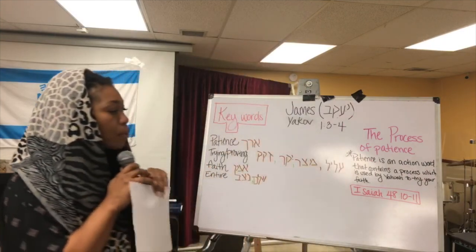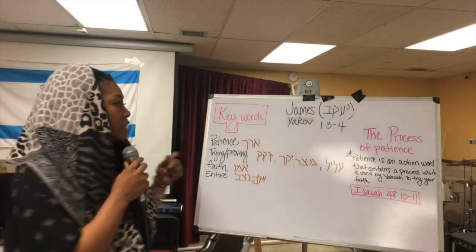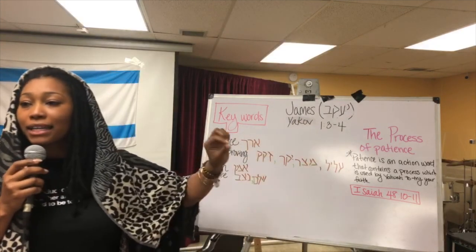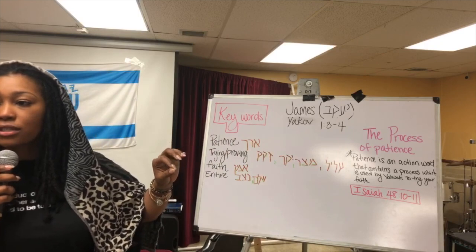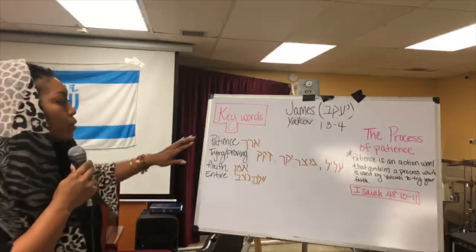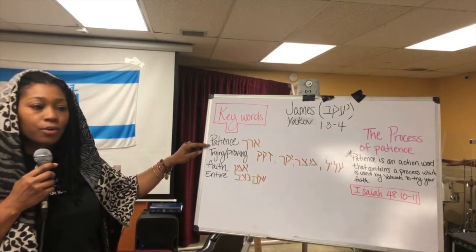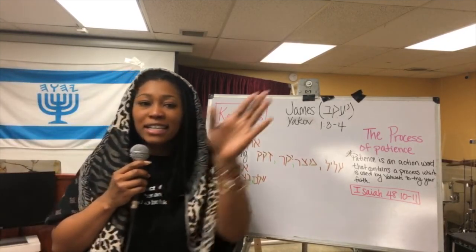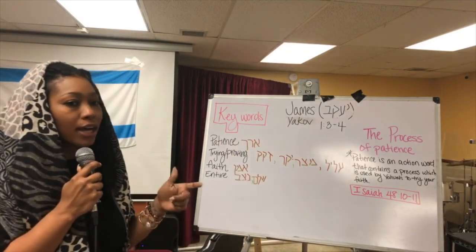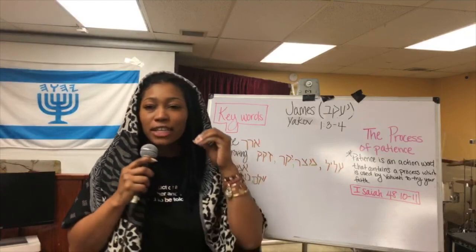Okay, so on the board, I kind of wrote out, sorry about that, some key words. And I wrote out these key words because this is something I think each person should kind of go through and look at. But I'm going to highlight and give you the definition of each of the words. This way. So the key words for what we're going to look at today are patience. Okay, so patience, as I showed you on this chart, this is the process of patience. But the word for patience is a Hebrew word, arak. Arak. Okay? Arak. And it literally means